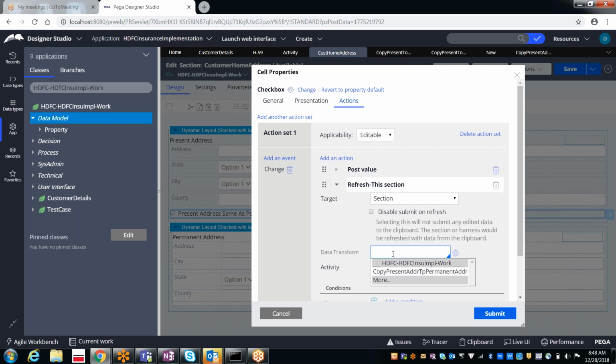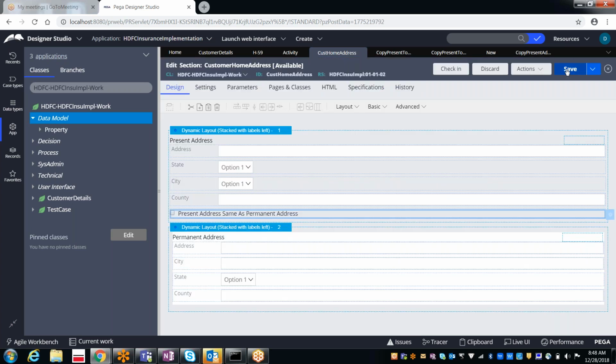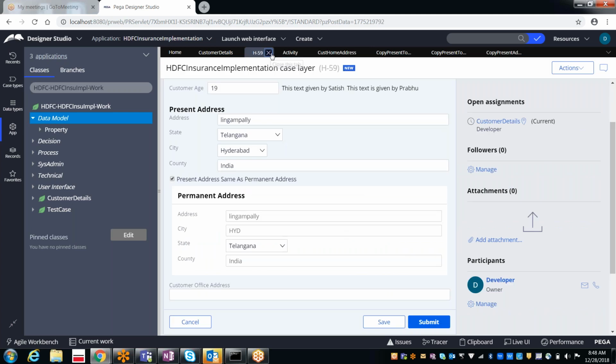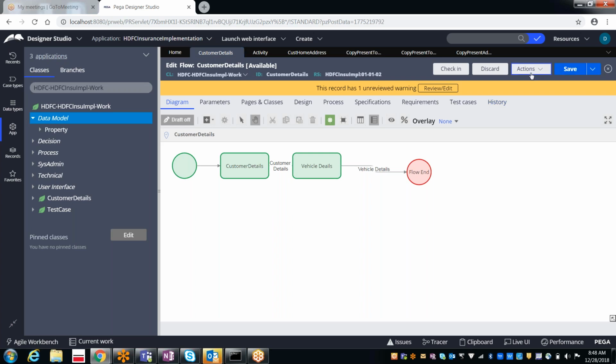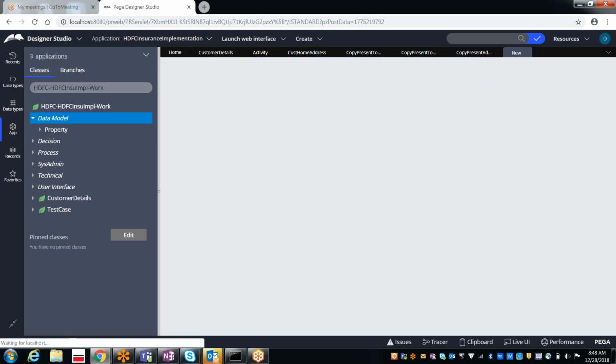So select that data transform, then submit and save it. Now again create a work object. Customer details flow, actions, run.